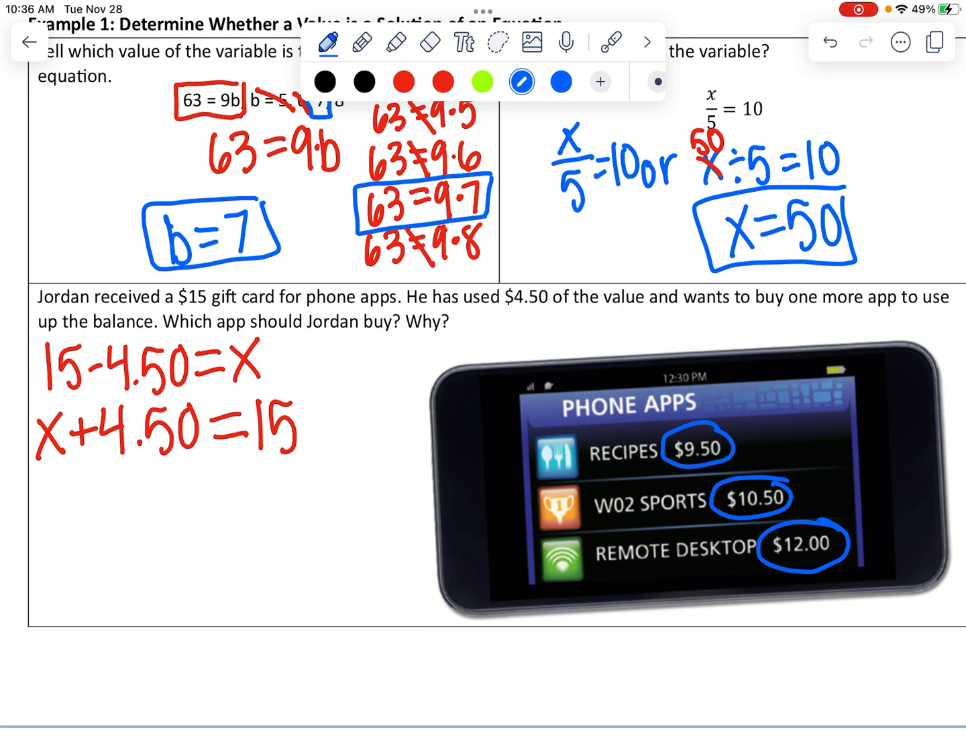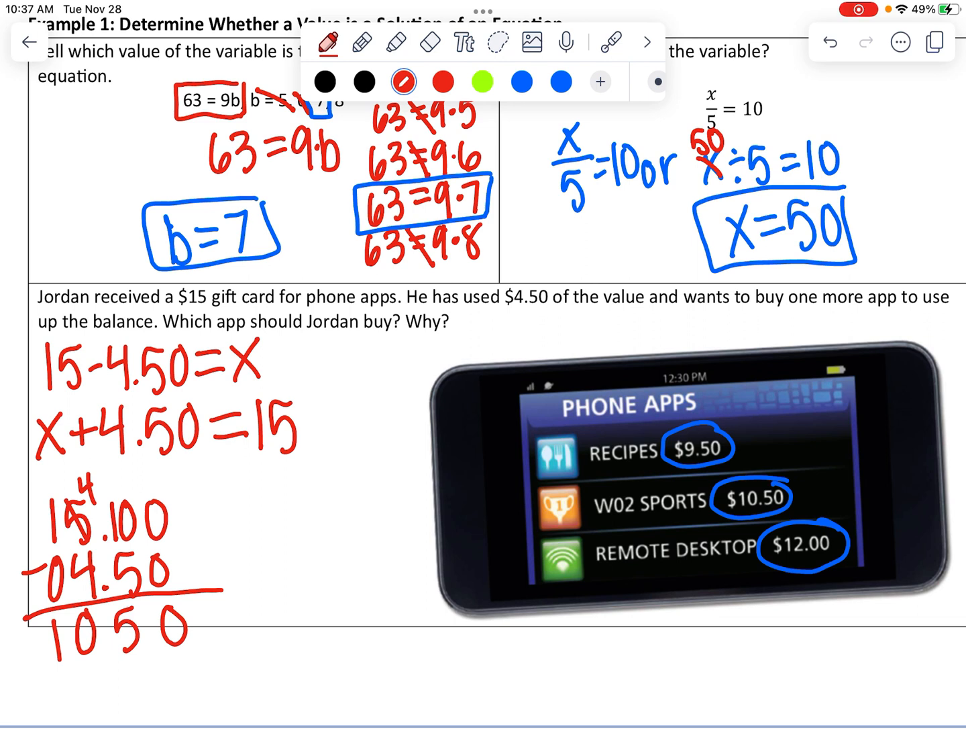So I'm going to do 15 minus 4.50. Remember, I have to put my decimal and line them up. So that's $15 minus 4.50, just like that. Okay, 0 minus 0 is 0. I can't do 0 minus 5, so I'm going to borrow from that 5 and change it to a 4. This one changes to a 10, and we get 10 minus 5 is 5, 4 minus 4 is 0, and 1 minus 0 is 1. Bring down your decimal, and you should have $10.50,